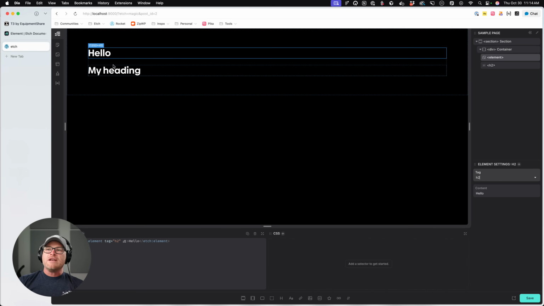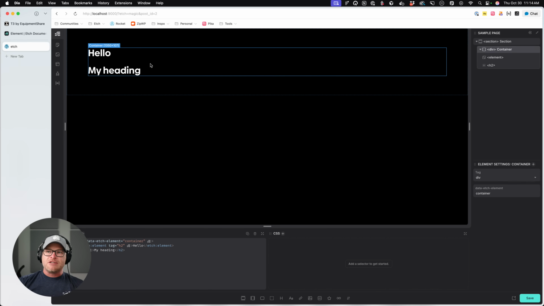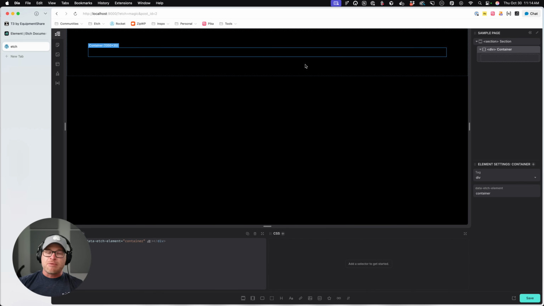Now, what is the benefit of this? The benefit is that you can change the tag dynamically, which you could not do before. And this is very, very helpful in components. And that's why this is primarily a component-based feature. Even though it does work everywhere, you would primarily use it in components.